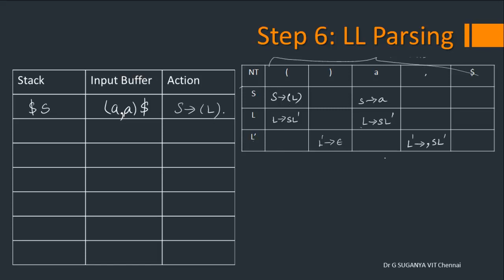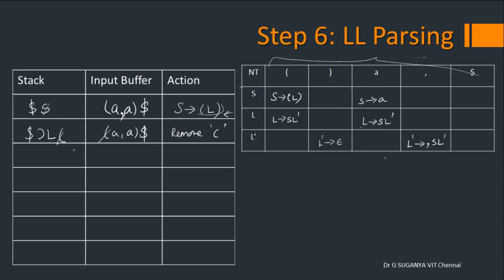Okay, so it looks like a pushdown automaton, right? So pop out S and replace it from right to left, because the leftmost symbol is what we are going to match on the input buffer. So in the stack you will have close bracket, L, and then left bracket. The input buffer remains the same. Now check what is on the stack top. It is the same as on the input buffer. Since both symbols match, you can remove this left bracket, meaning we have seen a left bracket in the syntax.